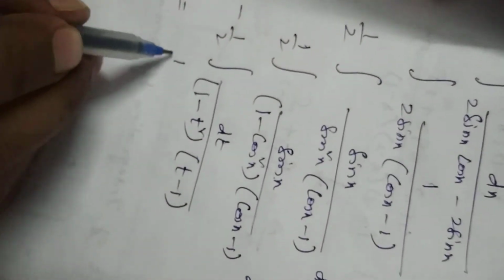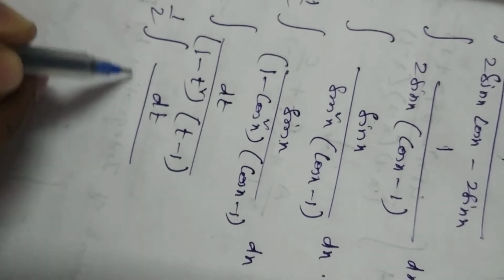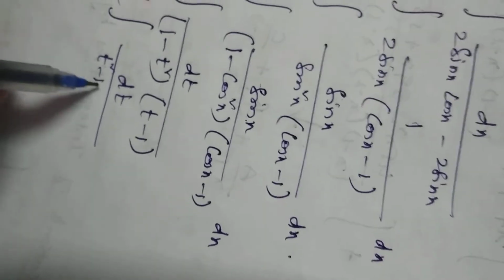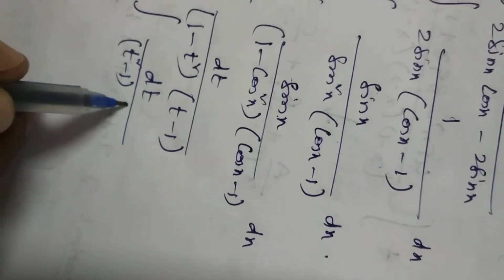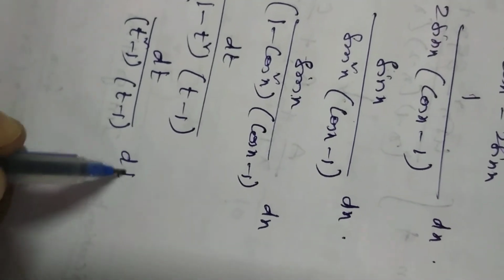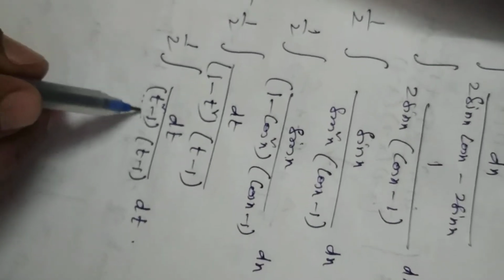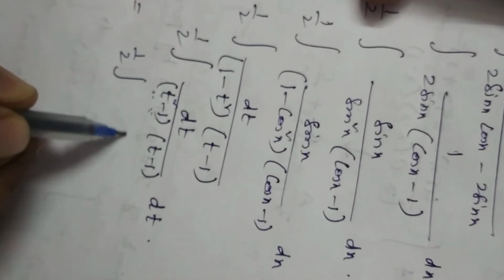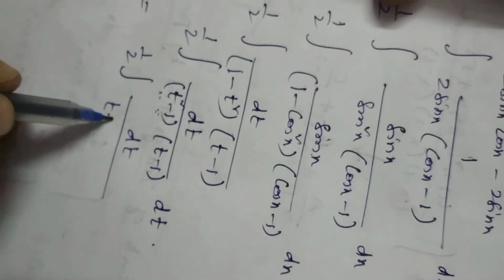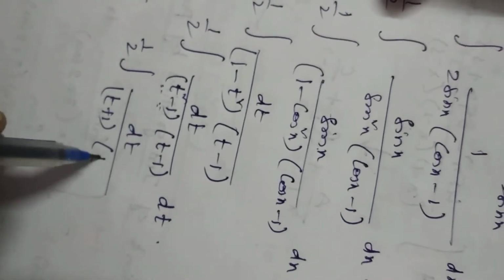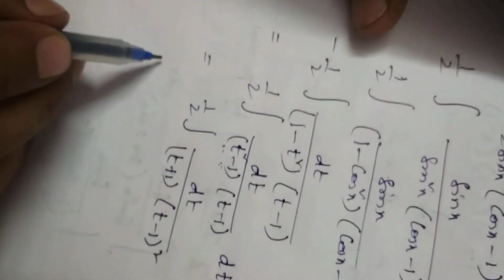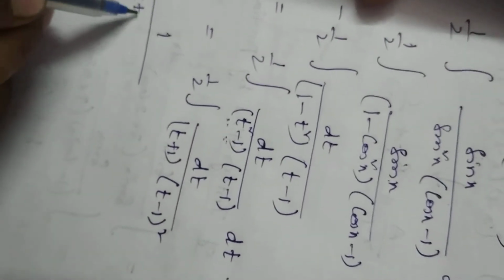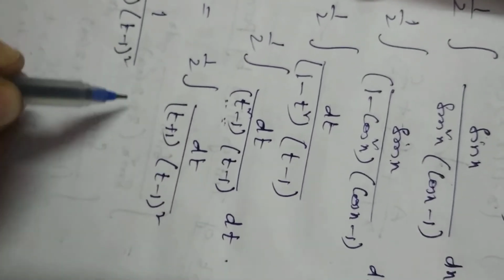Okay. So even after this, if you want to remove that, minus 1 by 2 of integration of dt by t square minus 1 into t minus 1 dt. Okay. So here t square minus 1 we can write as t minus 1 into t plus 1, that is nothing but half of integration of dt by t plus 1 into t minus 1 whole square we are getting. So here again splitting into partial fractions is easy only. So 1 by t plus 1 into t minus 1 whole square, whatever we have.